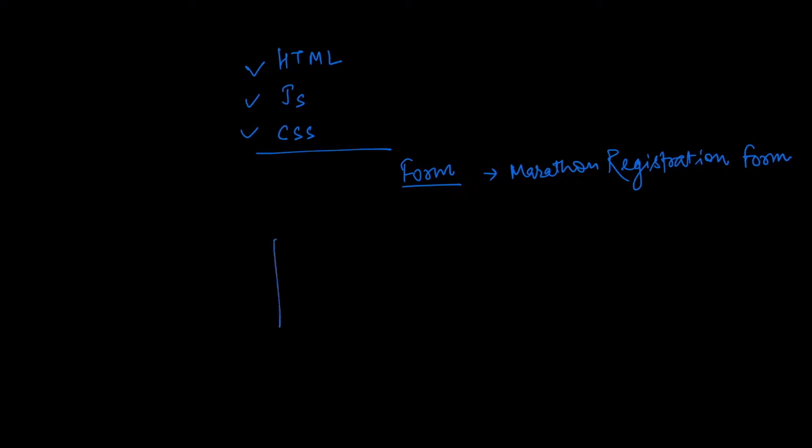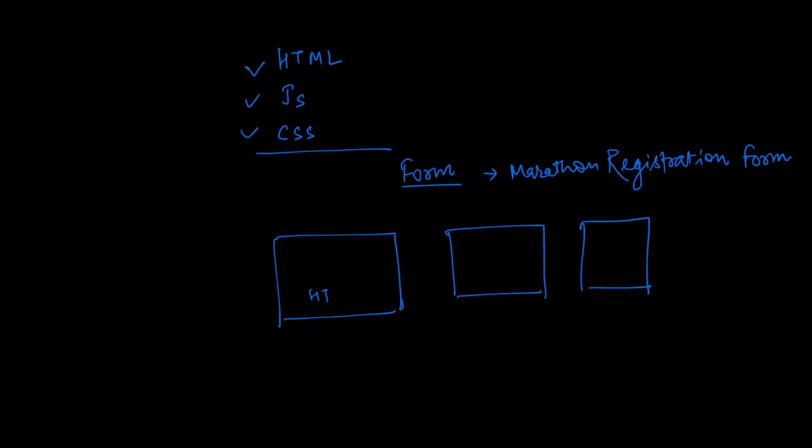And what I'll do, I'll make three different files. One my main HTML file, one JS file. In this, I'll be using various functions which I have explained earlier, and then a CSS file to style this form. Then finally, I'll link these files with the main HTML form. So I'll let you know how to link JS and CSS files with the HTML file. This is the first task, and the second task, if this goes well, I'll also show you how to